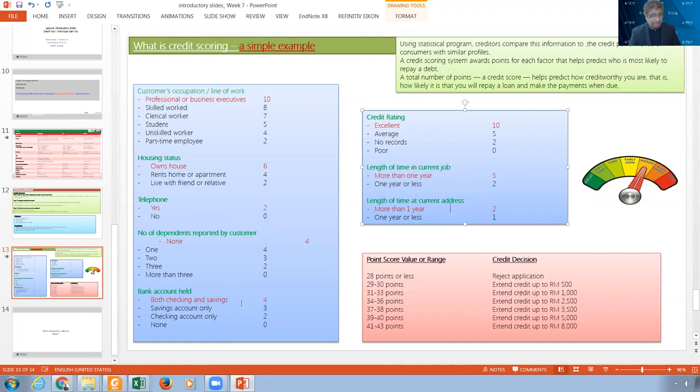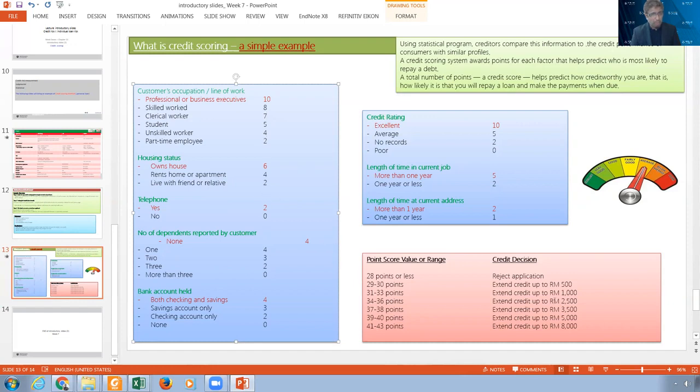These are just the characteristics you can choose according to this example, but you can add more. As I told you, you can take so many things, regress them, and see the mean of that. You can do this statistically, take the defaulting of these people, and build what we call a probability for each of those. You will see which ones default and which ones didn't default. So for example, a skilled worker, if it is a professional or business executive, gets 10, for example, in this example a skilled worker gets 8, and you continue with all of those.